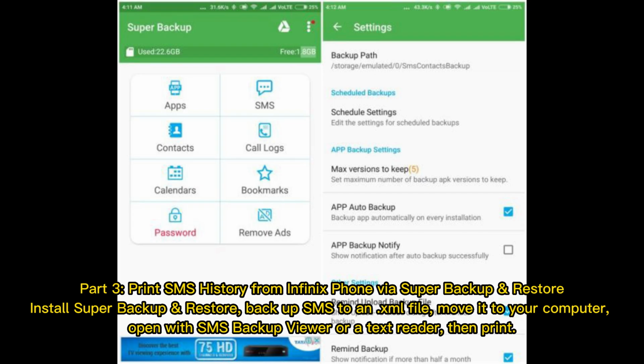Part 3. Print SMS history from Infinix phone via Super Backup and Restore. Install Super Backup and Restore. Backup SMS to an XML file, move it to your computer, open with SMS Backup Viewer or a text reader,